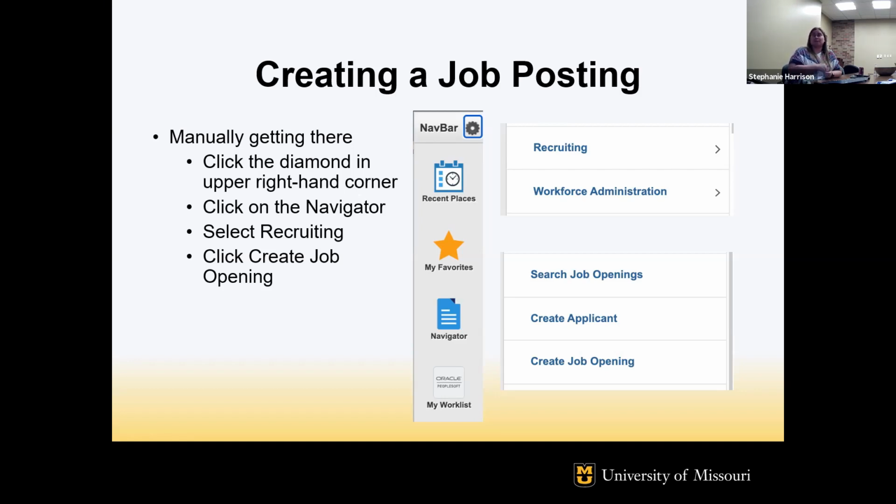But since we are coming off of all of the exception process for new position numbers being created and reviewed, you know, with stricter guidelines due to COVID, we have seen a big influx of requests. So some of the HRPs are pretty bogged down and they're taking a little bit longer to come back. So receiving the position number isn't the part that takes the longest. That's something that we create pretty quickly. It's the review of the position by the UM compensation team that's going to take the longest.